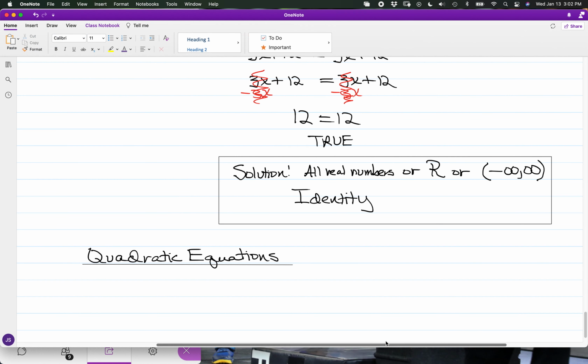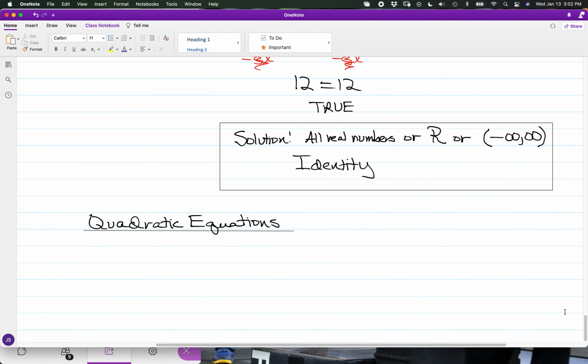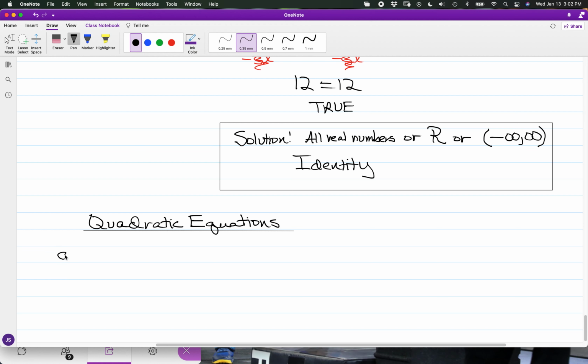Now for a quadratic equation, by definition, a quadratic equation is going to be a second degree equation